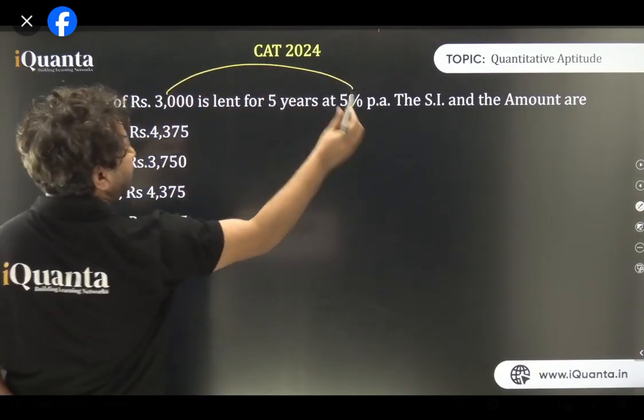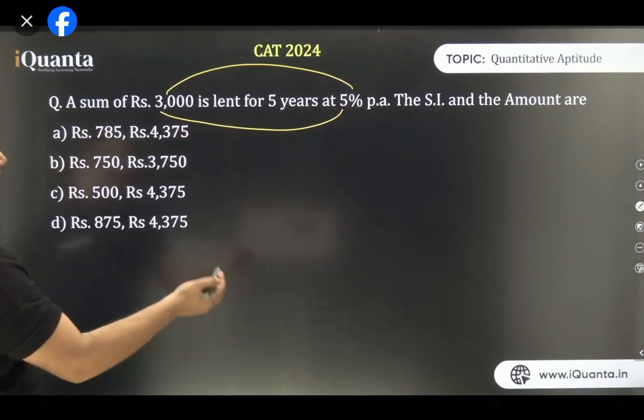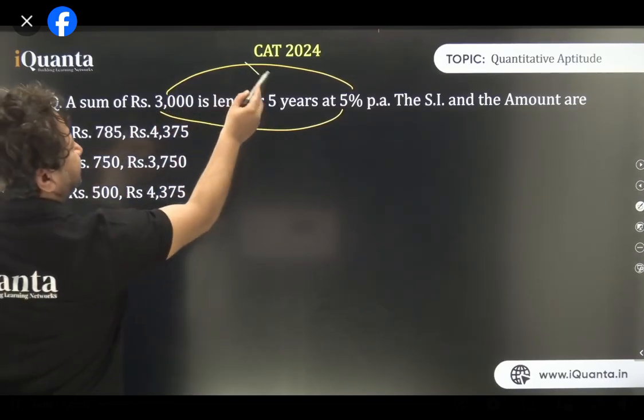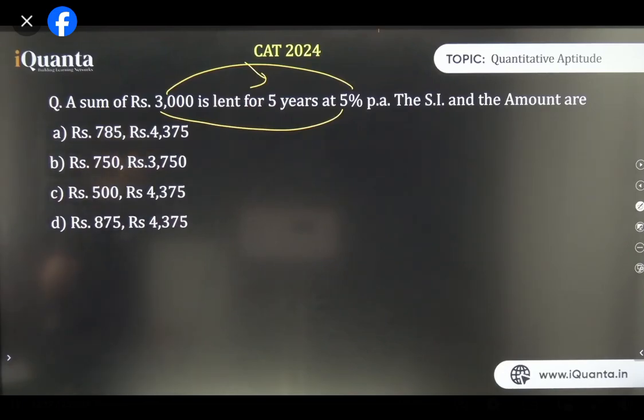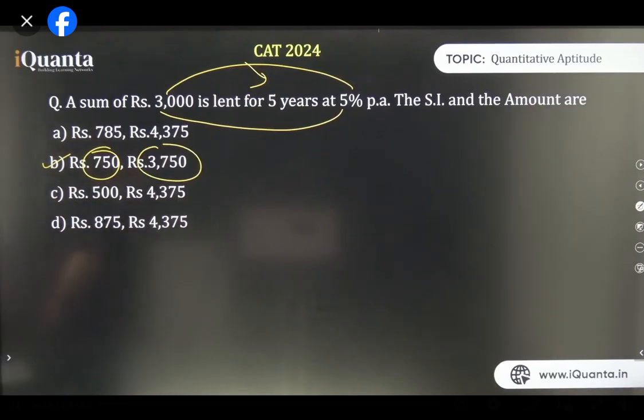Simple logic, use formula. There's no need to use formula over here. 3,000, 5%. What is 5% of 3,000? Needless to use a lot of mind over here. 3 into 5 is 15, and percent, 2 zeros go away. And it is happening for 5 years overall. So 150 is the interest for 1 year. For 5 years, it will be 750. 750 is the interest, and 3750, that is 3,000 plus 750, will be the maturity amount. Is it clear to everyone? It's very simple. Nothing much to do over here.